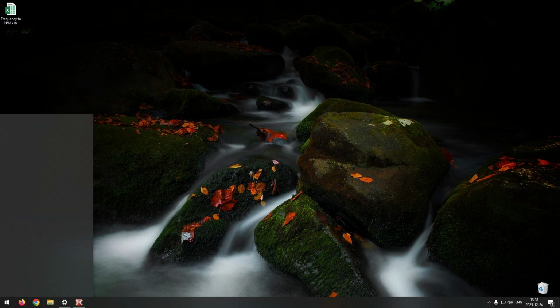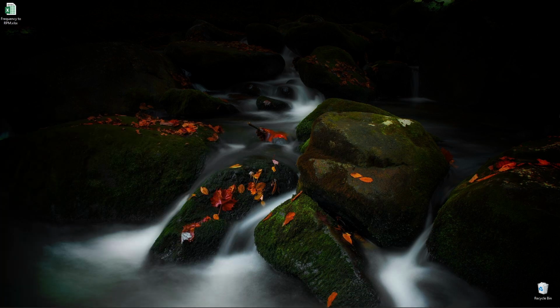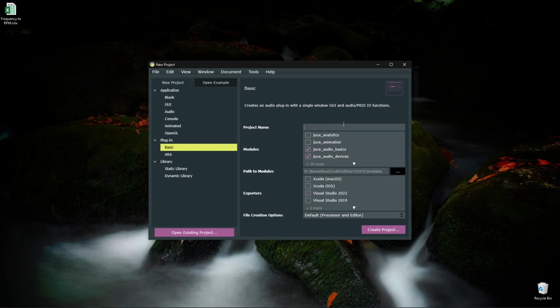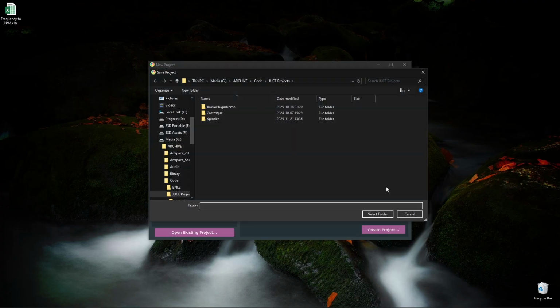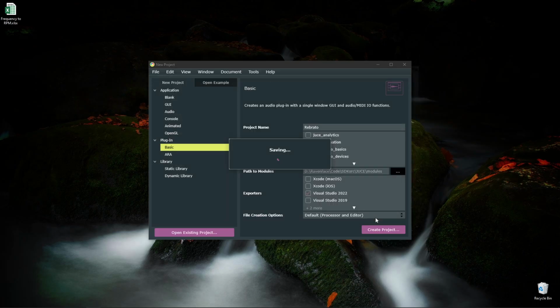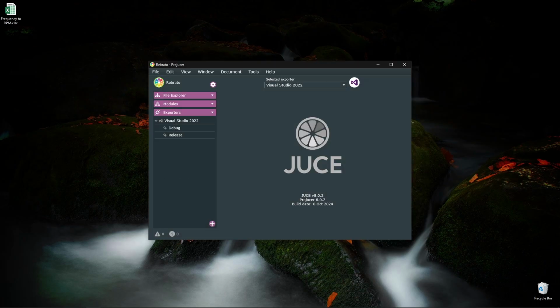Hi, today we're gonna make the VST plugin with Juice. Let's run the Projucer and I'm gonna choose the basic template and give it a name. Let's choose the path to our project folder, which may be a bit confusing if you're gonna choose the whole